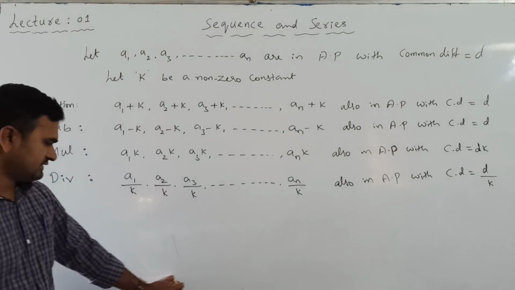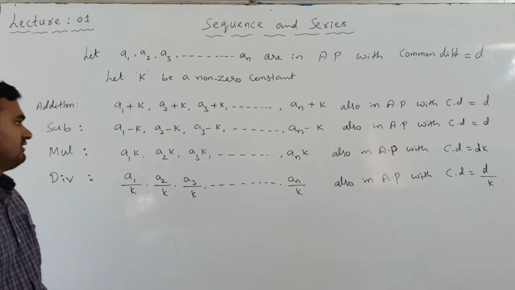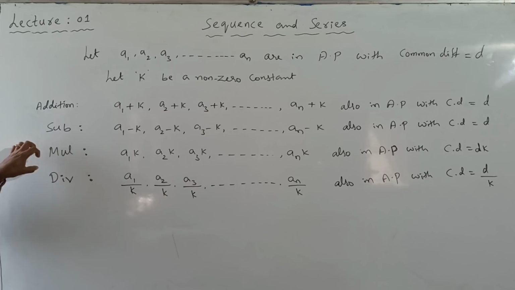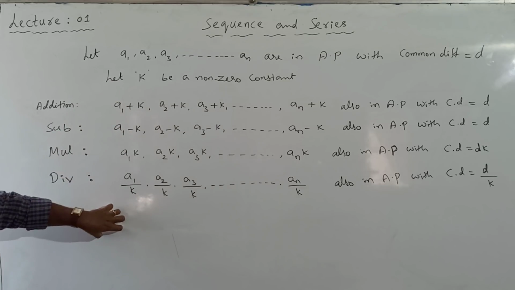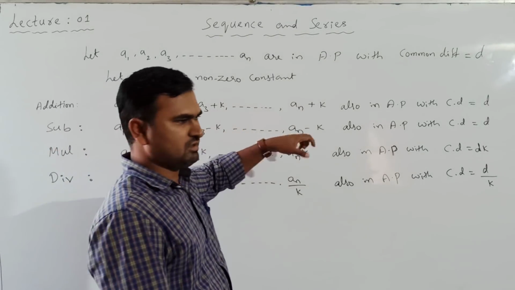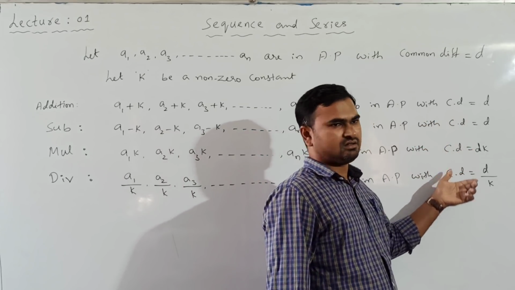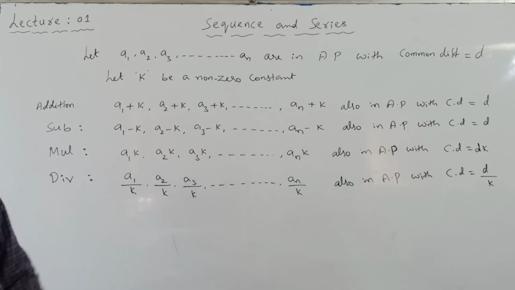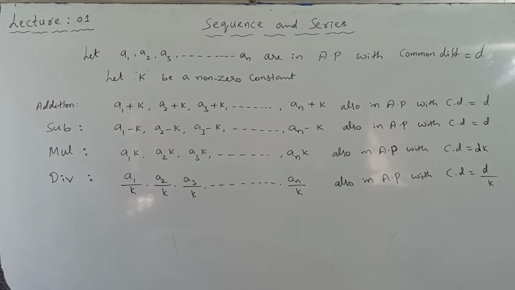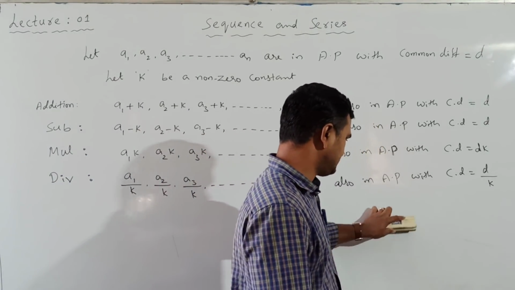So this is the one property. To each of the terms, if we are adding, subtracting, multiplying or dividing some non-zero constant k, then the resulting sequence is also in AP. Now depending on whether we are adding or subtracting, multiplying or dividing, the common difference may change, but the sequence will again form an arithmetic progression. This is one property. Next, one more property is